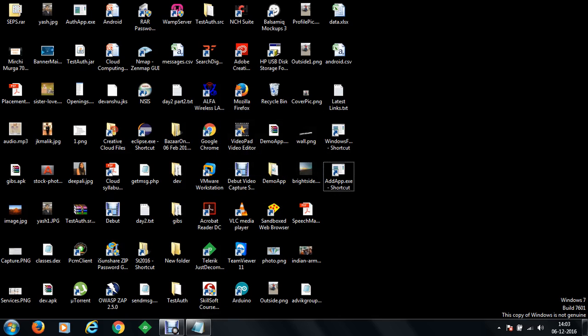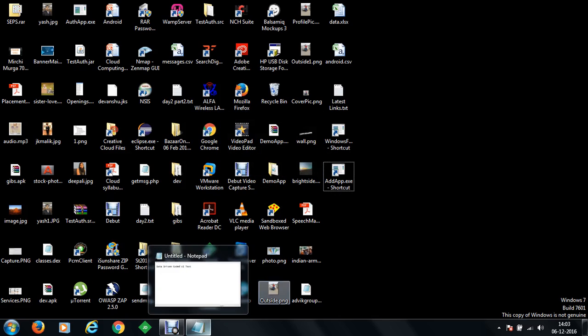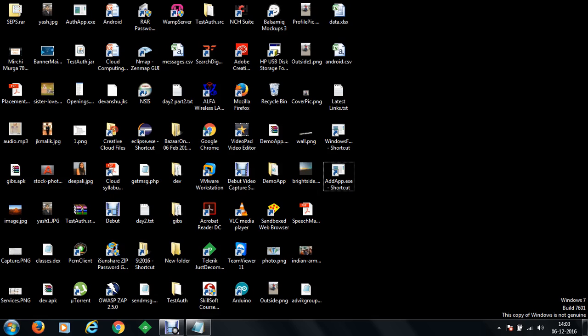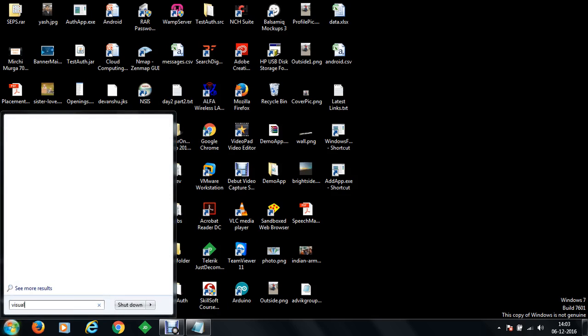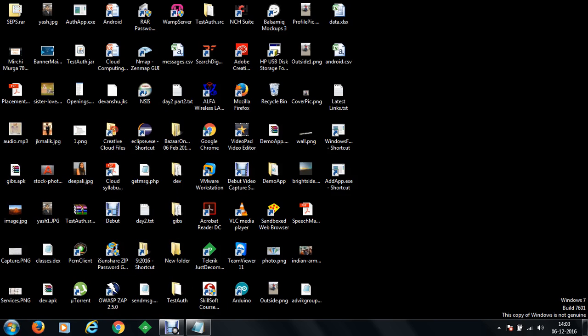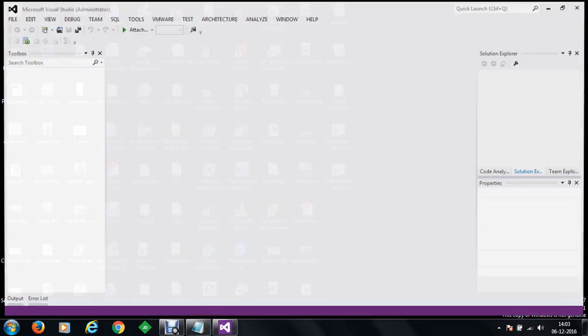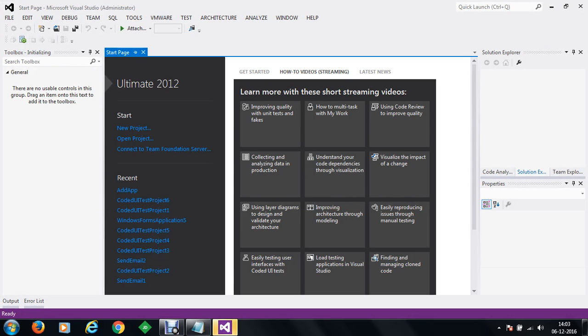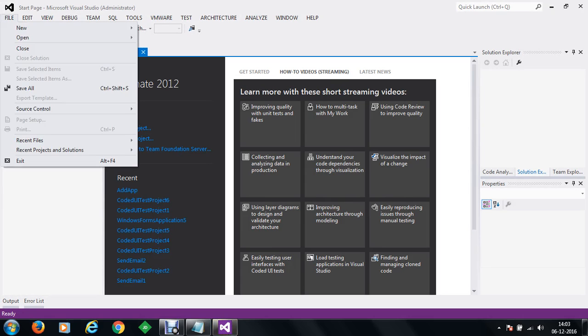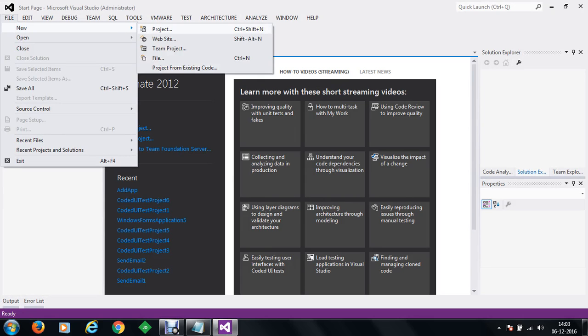Now we have to proceed with the automated test, that is the coded UI test, which is data driven. In order to do that, we are going to create a new coded UI test using Visual Studio 2012. So we have the project here. Now we are going to create a test for the add application.